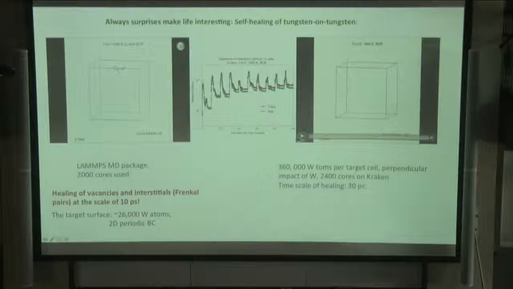Okay, let me run this. It's easy. So this is 10 kilowatts. You see how many Frenkel pairs, which means pairs of vacancies and interstitials, are created, and then they start recombining. TRIM doesn't see it. So in 30 picoseconds,